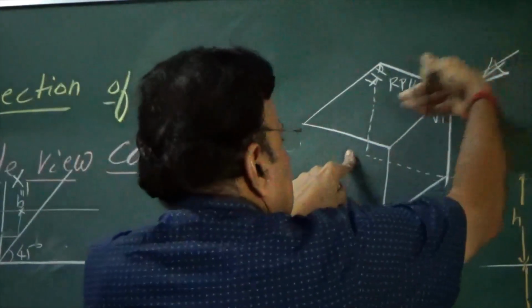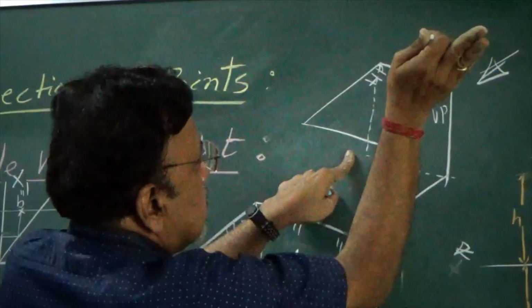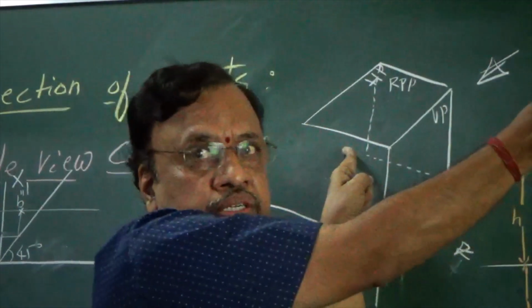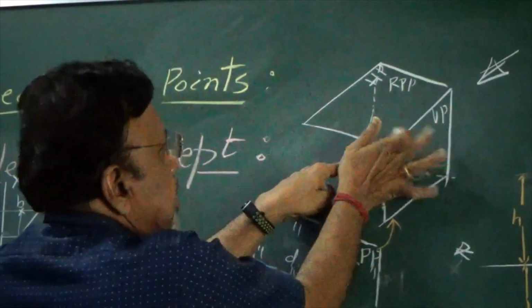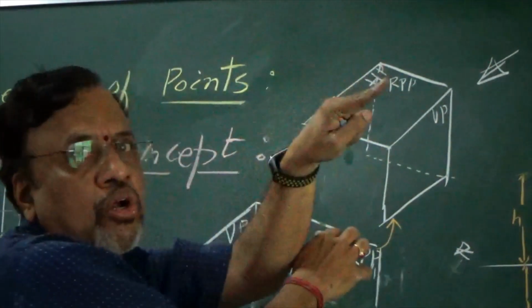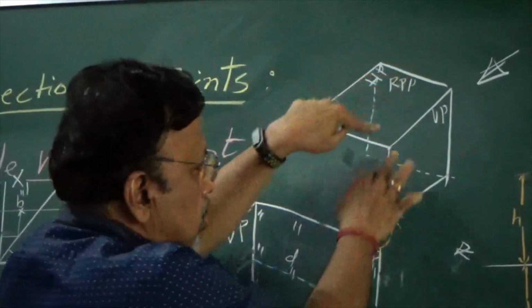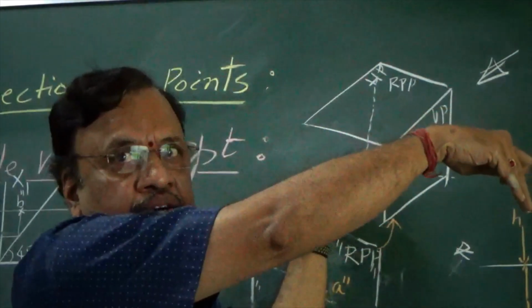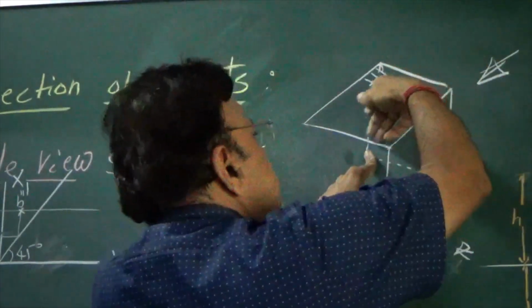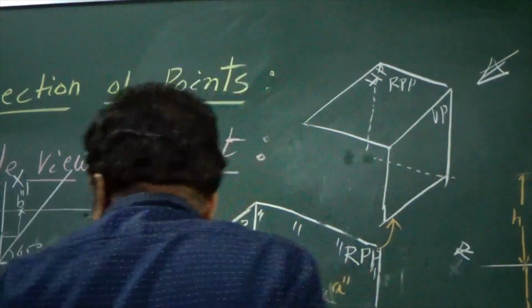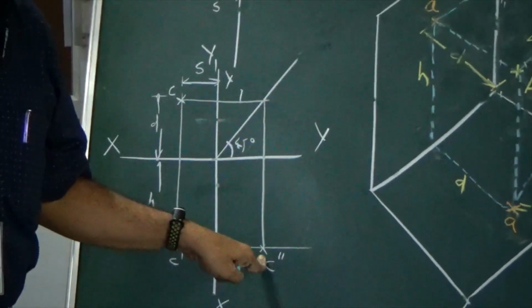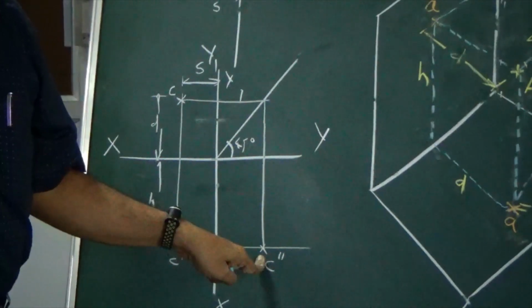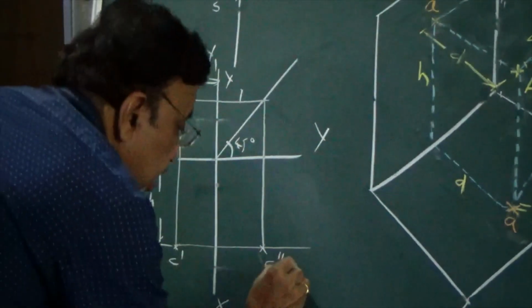Since I am viewing from the right, and again I am going to rotate like this, I am going to rotate in that way. Okay, because anyway you know that the vertical plane is here, the third quadrant is always open up and down, so that your top view will come above and the front view will be below. Now RPP I should be in the same direction. Wherever I am viewing, I am viewing in the same direction. So obviously, what side view are you going to get? Which is nothing but the right side view only. So I will label it RSV.